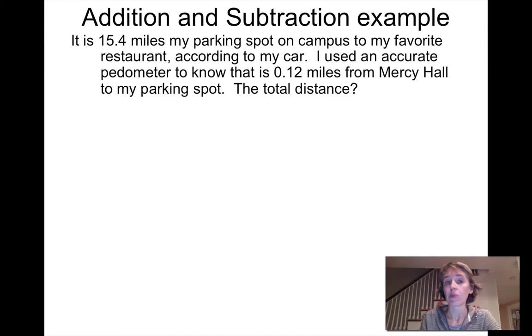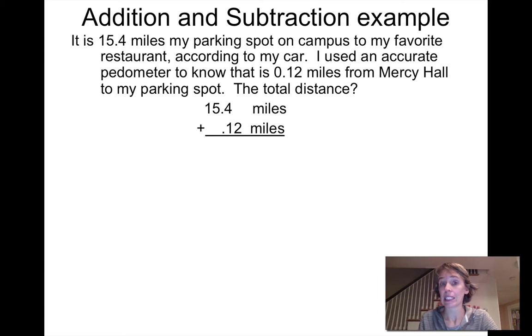So let's say it's 15.4 miles from my parking spot on campus to a restaurant, and I measure that using my car's mileage. And I know, using a pretty accurate pedometer, that my office to my parking spot is 0.12 miles. So what's the total distance? The math part is easy, but here's what I mean by lining up the decimal places. I can see when I write my addition vertically like this that the tenths place has numbers for both of